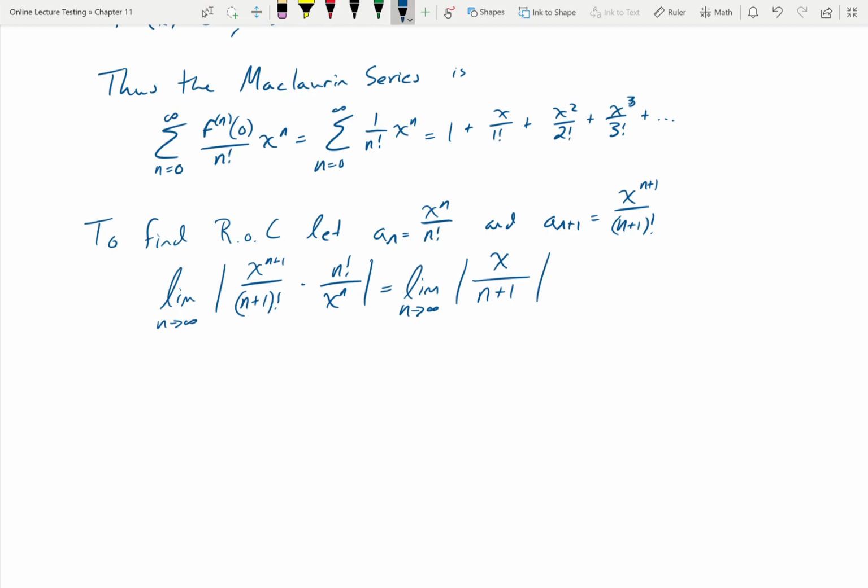Again, x is a fixed value, so it's going to be some fixed variable. And so as n approaches infinity, it doesn't matter because x is not going to change. The denominator is going to blow up, and so this is going to go to 0, which is less than 1. So, by the ratio test,